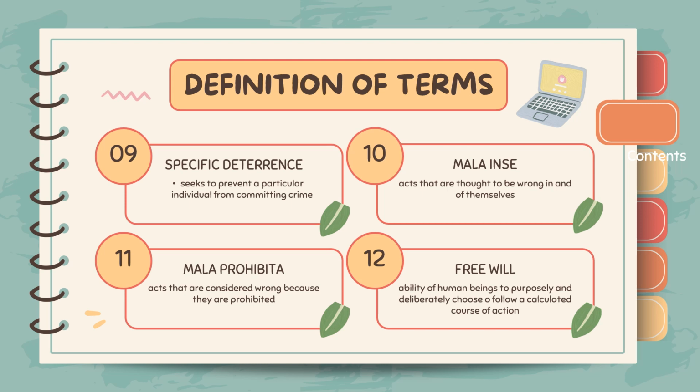You have mala in se, acts that are thought to be wrong in and of themselves, for example rape and homicide. Mala prohibita, on the other hand, are acts that are considered wrong because they are prohibited, so we have jaywalking and smoking. Yes, those are some of the mala prohibita. Then we have free will. It's the ability of human beings to purposely and deliberately choose to follow a calculated course of action. So in free will, an individual is a rational actor,